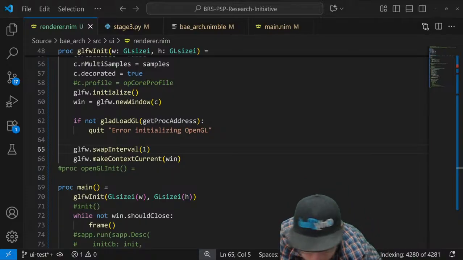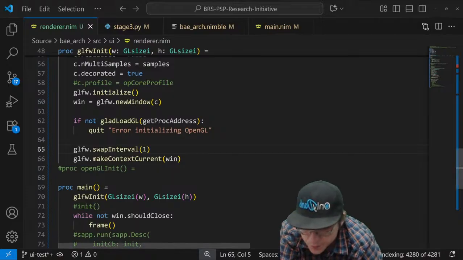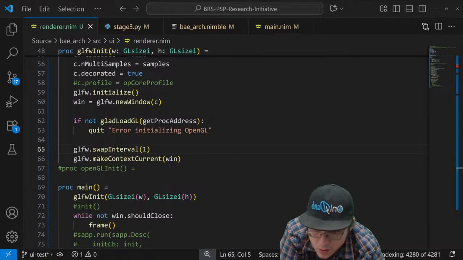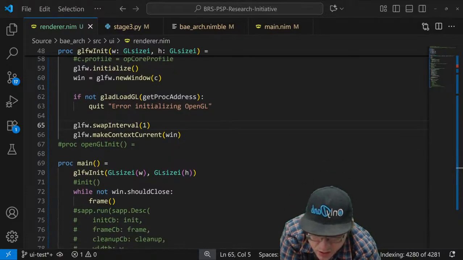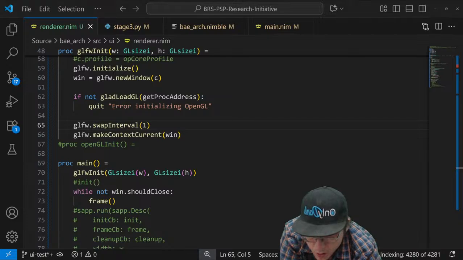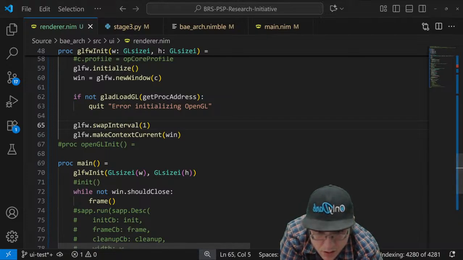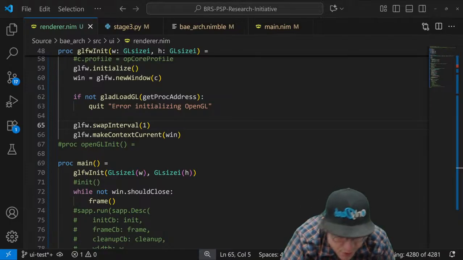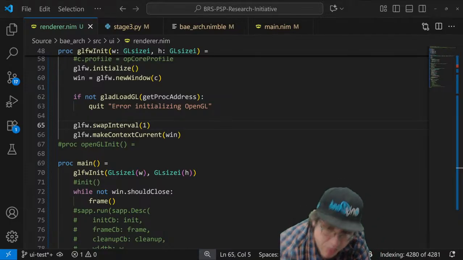Try this again. What exactly is the problem? Okay, I'm gonna go ahead and look at Task Manager at the moment to see if maybe there's a spike somewhere.